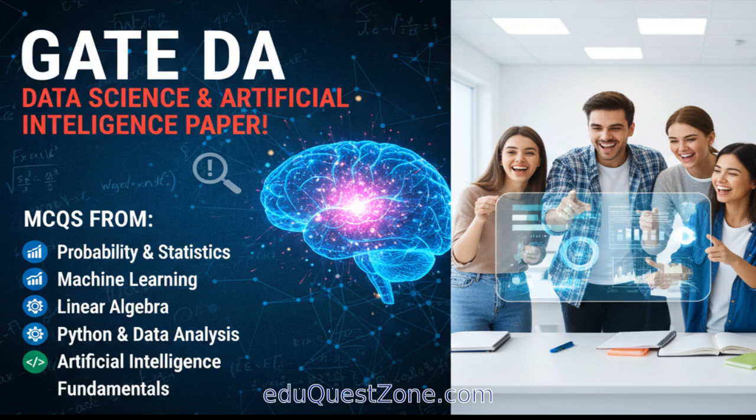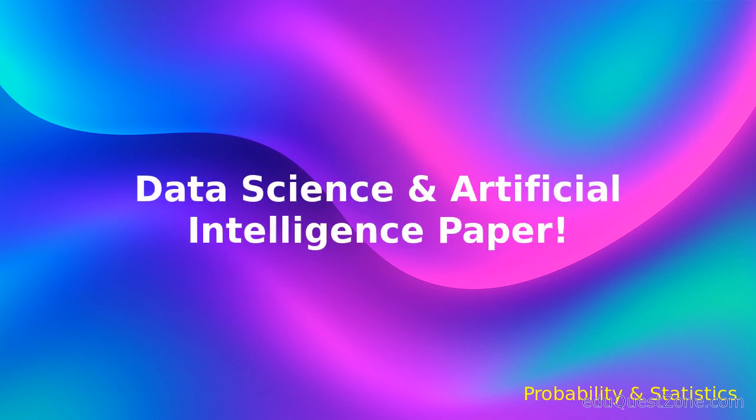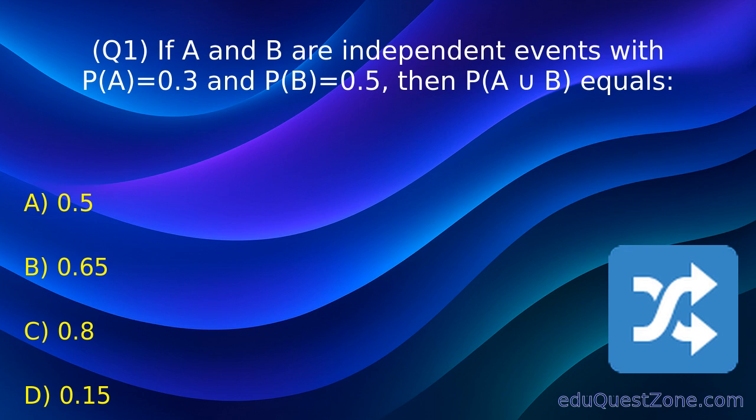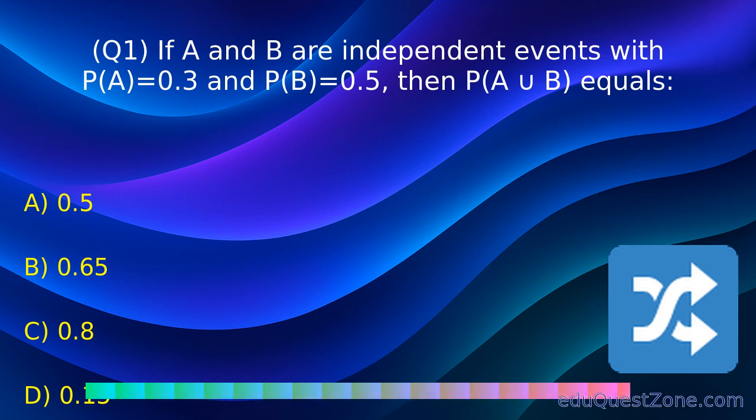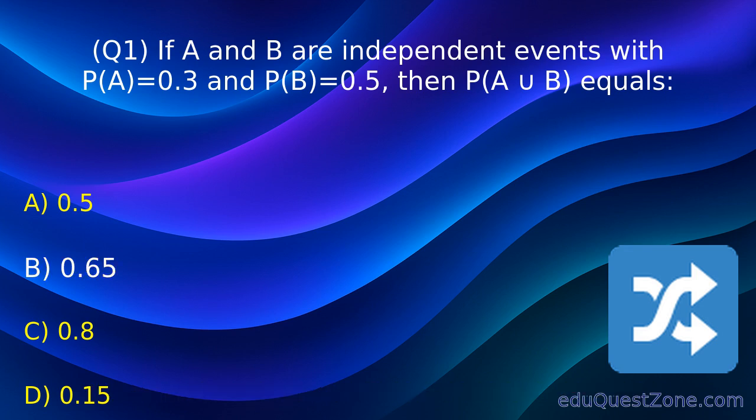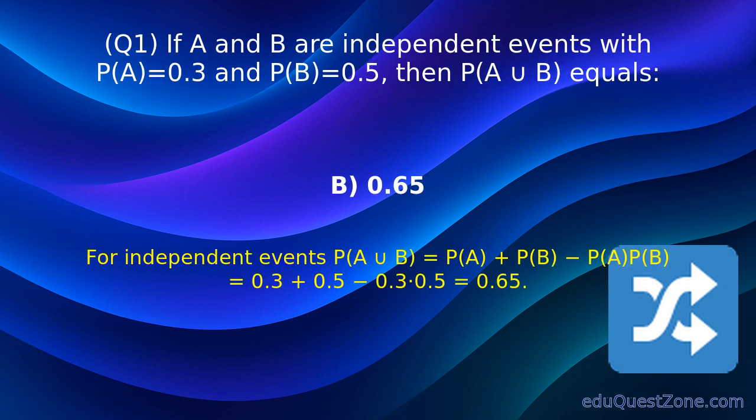Let's begin the quiz. Data Science and Artificial Intelligence paper. Question 1. If A and B are independent events with probabilities 0.3 and 0.5, then probability of A union B equals option B, 0.65. For independent events, probability of union equals P(A) plus P(B) minus product P(A)P(B), which gives